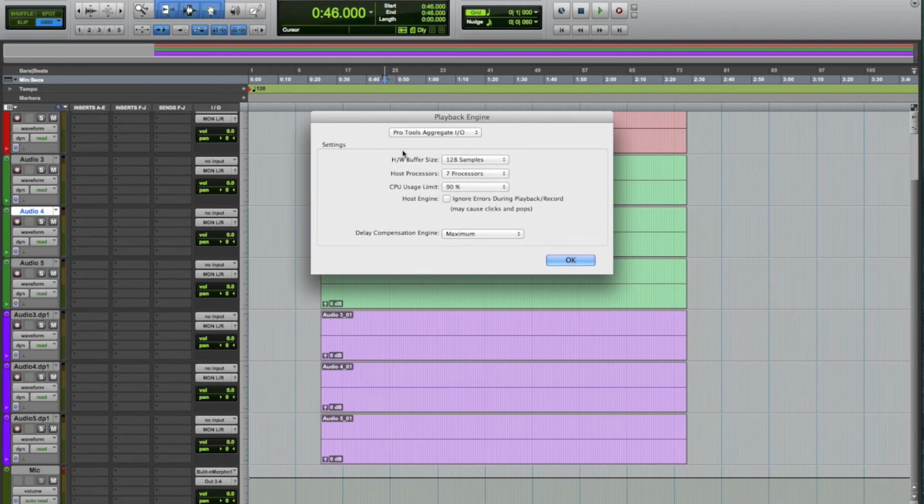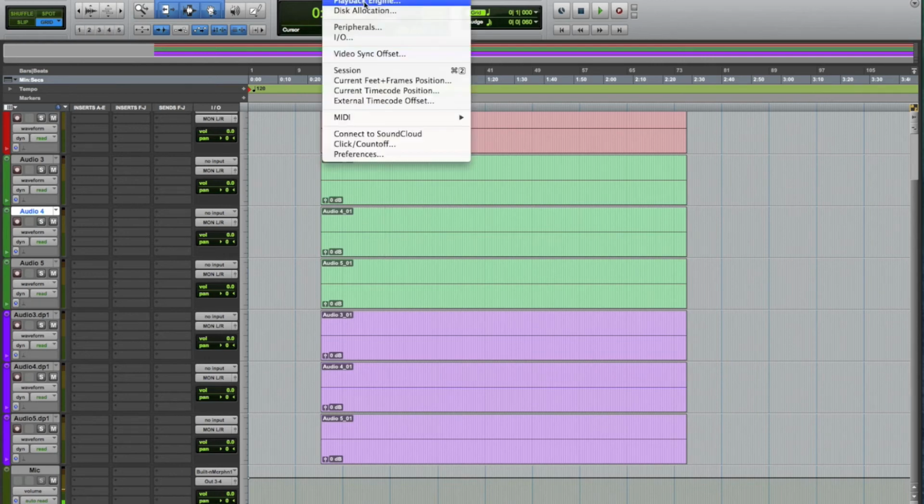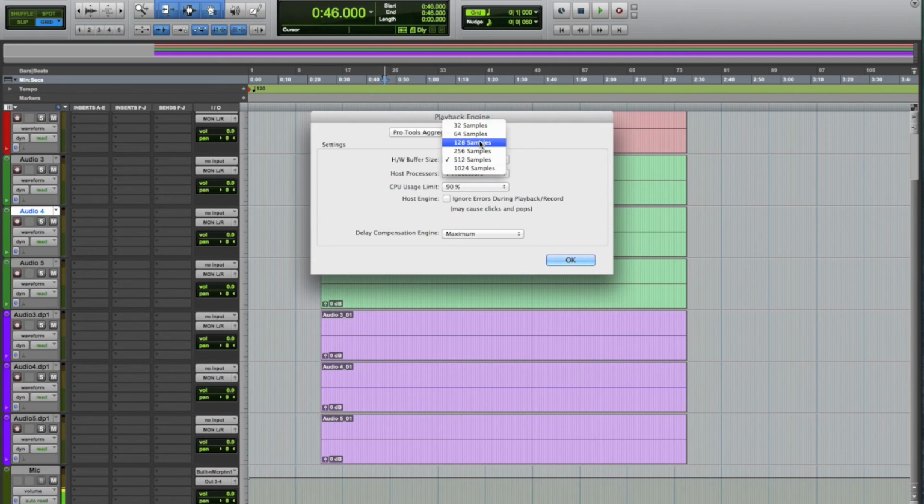You hear yourself coming at you when you do percussive sounds, and it's like you have a slapback echo on yourself. Well, what you want to do is have this set to the lowest possible, which as a standard is usually 128 samples. If you go lower, you usually get a glitchy kind of noise. It'll start getting really grainy. It's just something with the hardware where usually, unless you have a very powerful computer, you can't go lower than that. For mixing, you want to go the highest, which is 1024 on some very powerful computers. You could even set it way beyond that.